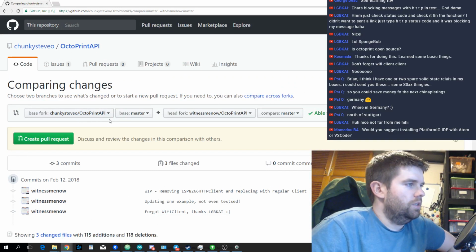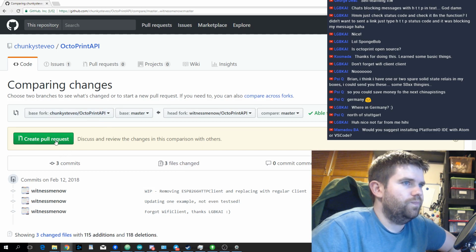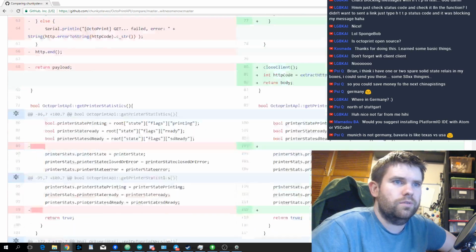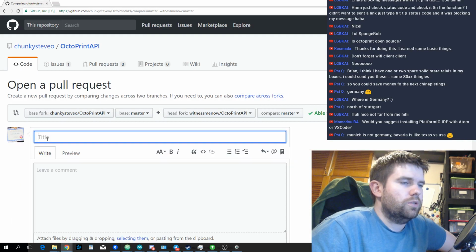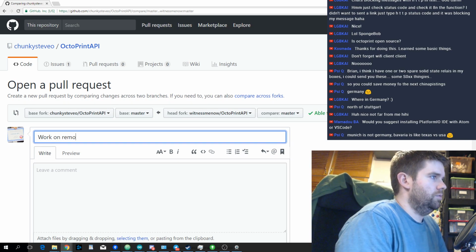Or Steve's API, or Steve's branch. Right, where do I add the comments? It's after. So I'm going to create pull requests. So work on removing